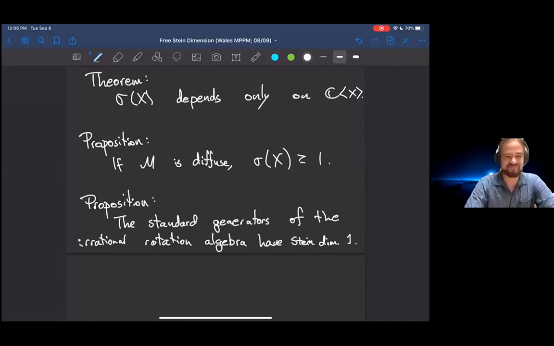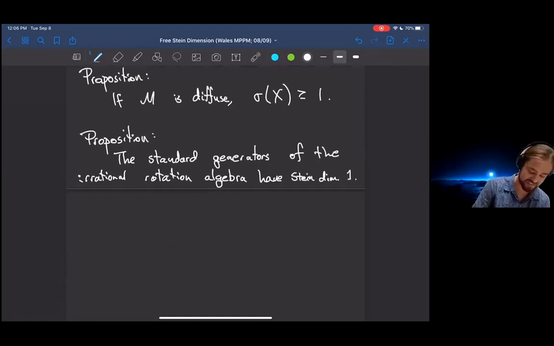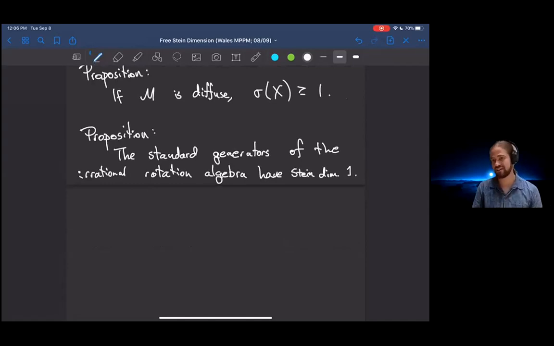Okay, so let's talk a little bit more going forward. I've told you some nice properties about this Stein dimension, but it might be useful to actually know that it can be computed and maybe see some explicit examples of how that can be done. Before moving into that, there's a related quantity that we've called the free Stein irregularity. This is actually the thing we began studying first, and somehow we shifted our focus to be more on Stein dimension.